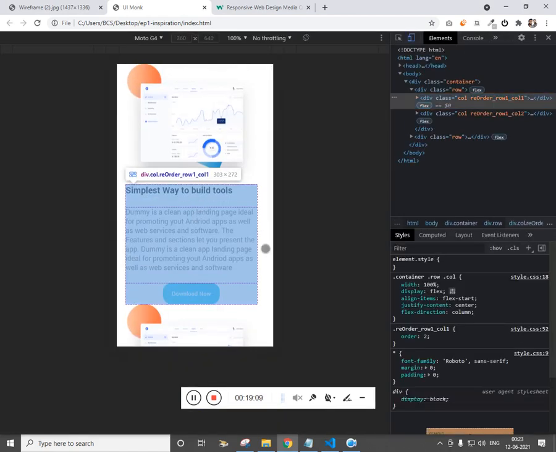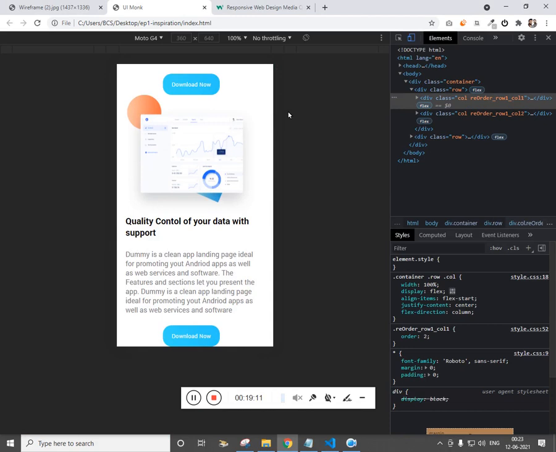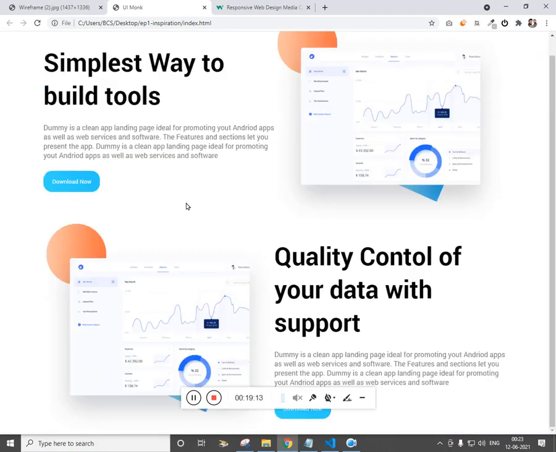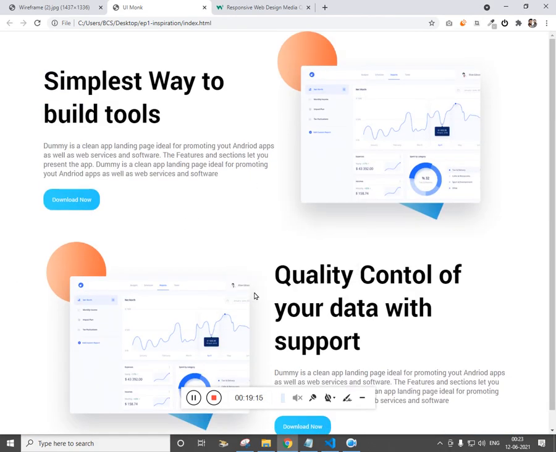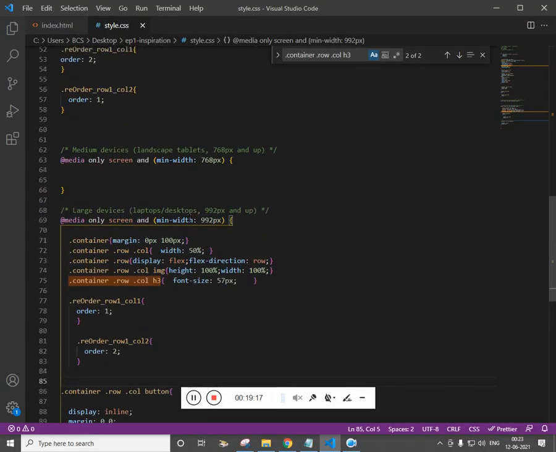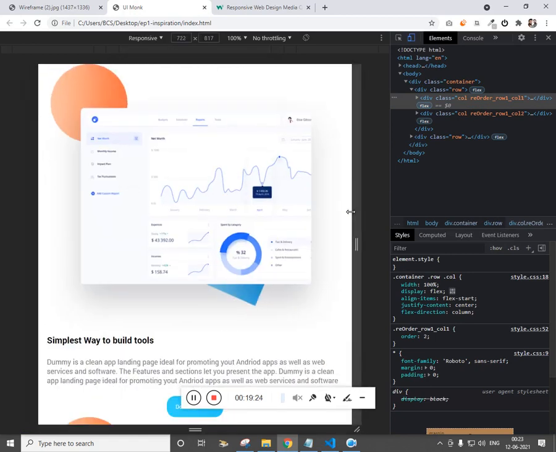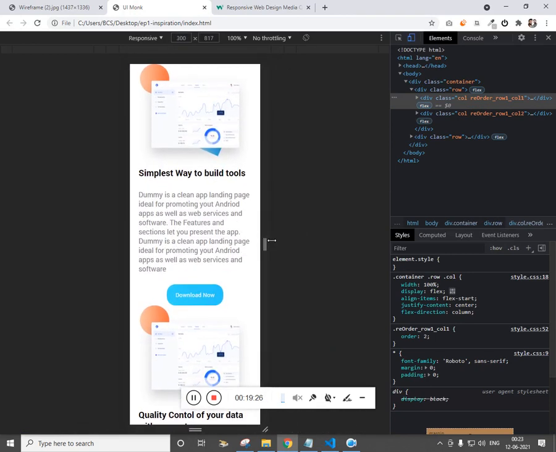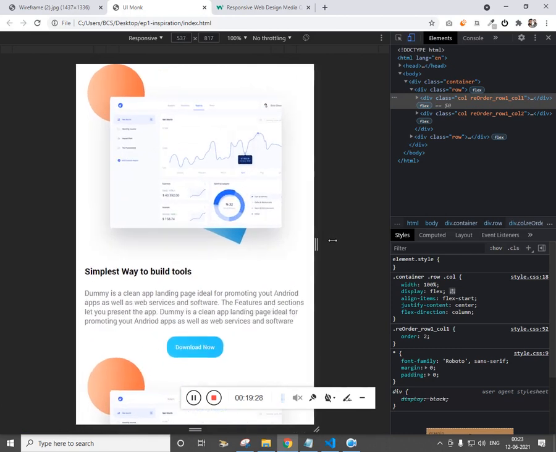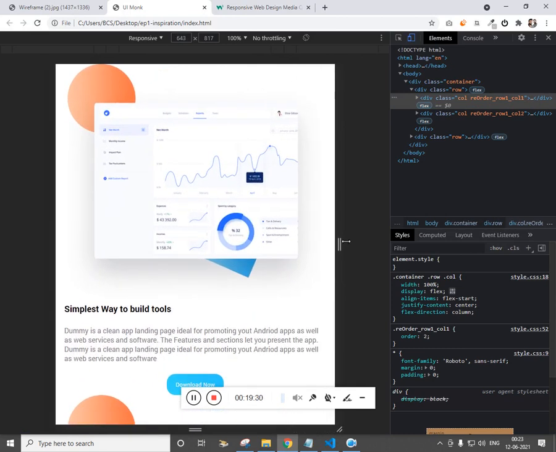Now what about the tablet? In between 768 and 992 there is tablet. So let's get into the responsiveness. So for mobile view it is okay, but for tablet view, which is like a mini desktop, this doesn't look great, right? So I want this to be as of desktop.